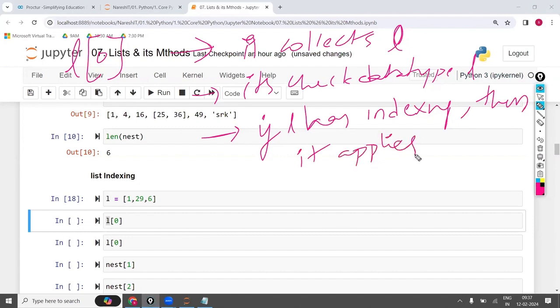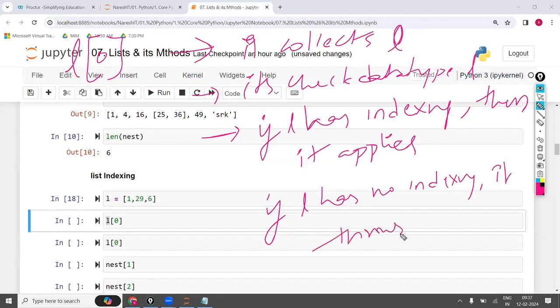It applies. If L has no indexing, it throws an error. Is the point clear?